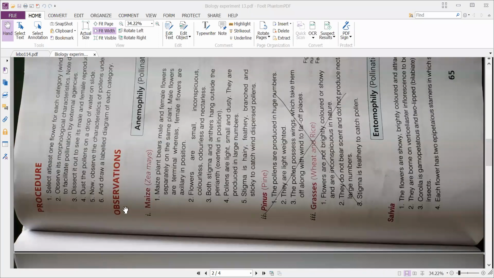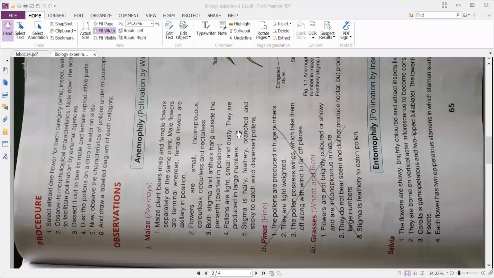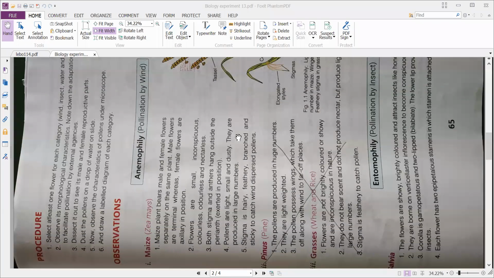And next, observation. From here onwards, whatever experiments you are going to write, all those observations should be written on the right side only. Whatever you are writing from now onwards, you have to write on the right side only. Only the diagrams you have to draw on the left side, corresponding. All the experiments will be like this only from here onwards. That is in the manual.